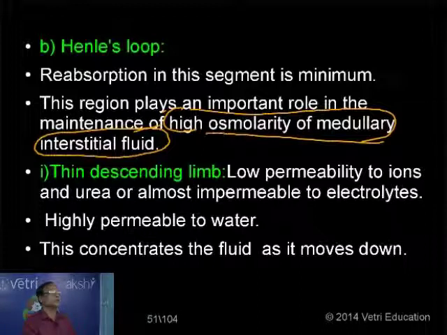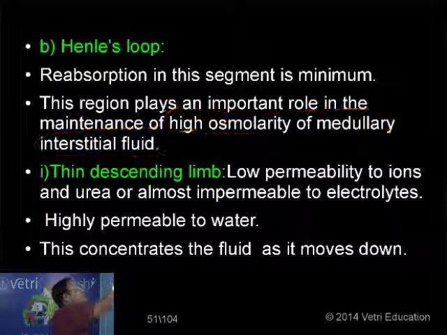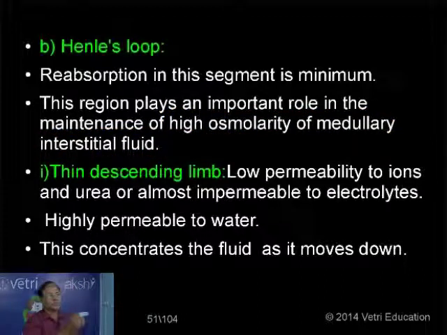So they are responsible for maintaining a high osmolarity of what is called the medullary interstitial fluid. Now, if we take the different regions of the nephron, we have already seen the descending limb, which is normally thin, then the ascending limb, which is differentiated into the first part, the thin ascending limb, followed by the thick ascending limb. That understood. Now, if you compare these regions, the thin descending limb is normally more permeable to water,